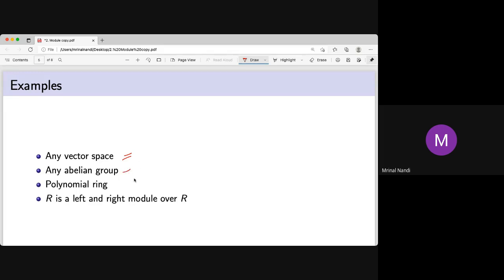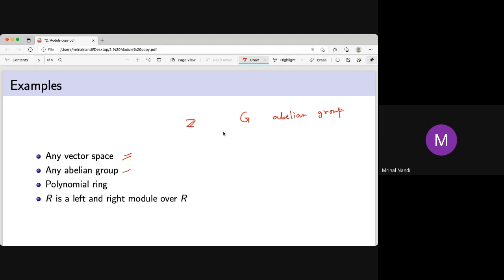Now, any abelian group is actually a module. Why is any abelian group a module? Because you can take the ring as Z. If you take the ring as Z, you can construct a module from any group. So G is a group. G is an abelian group, because abelian is important for the module. So G is the abelian group, and